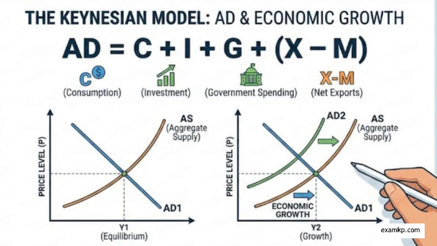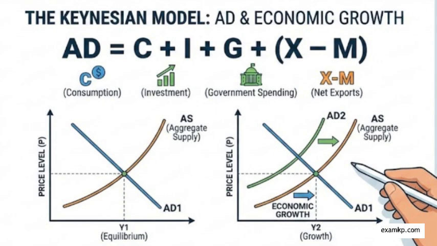So while the entire world was stuck in the Great Depression with unbelievable unemployment, the classical economic theory was basically saying, don't worry about it. The invisible hand of the market will sort it all out. But Keynes looked at years and years of suffering and said, no, it won't. He argued that economies can get stuck in a really bad place and they need some actual help to get out.